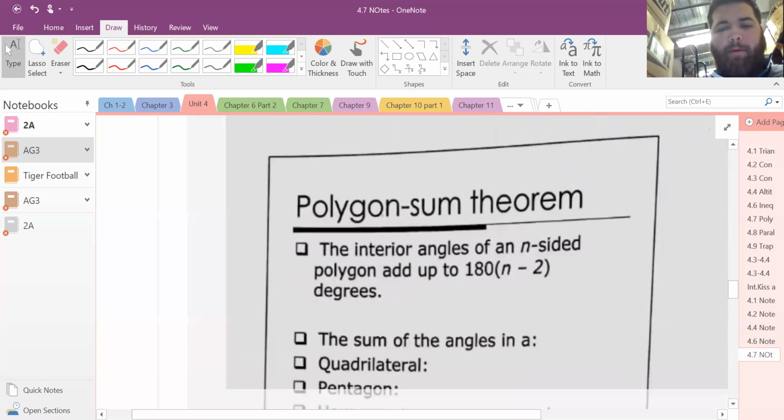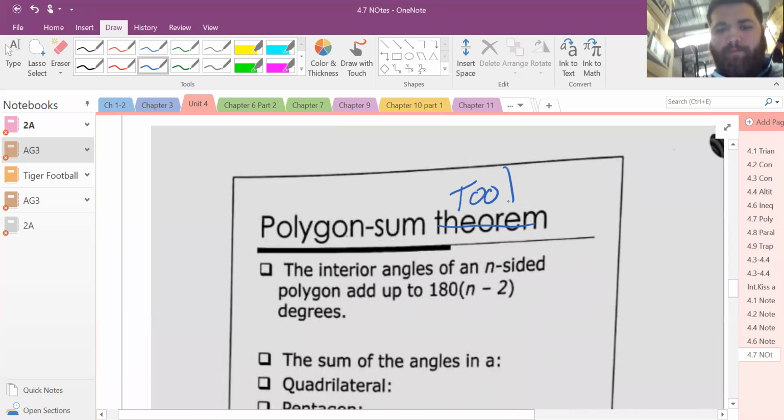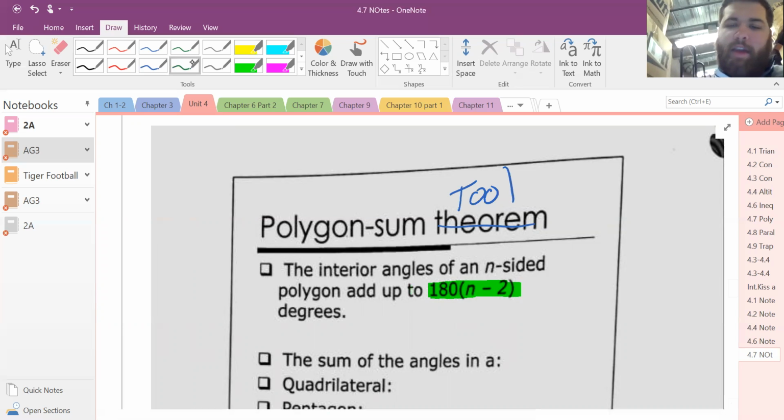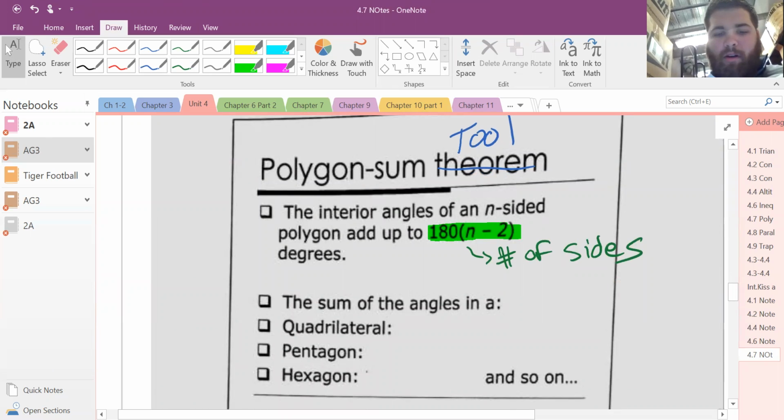Okay, now we have properties of interior angles. Remember, a theorem is just a fancy word for tool. It's a polygon sum tool. The interior angles of a polygon add up to, highlight this, circle this, underline this, 180 times n minus 2. What's n? n is the number of sides. So the sum of angles in a quadrilateral: we take 180 times n minus 2. What's n for a quadrilateral? 4, right? So 4 minus 2 is 2, 180 times 2